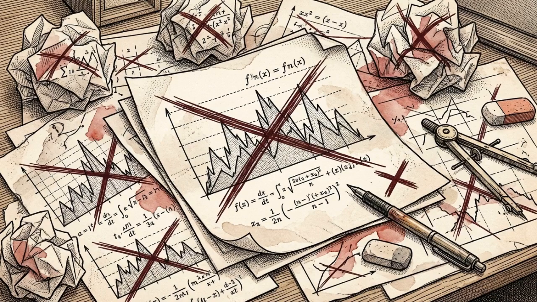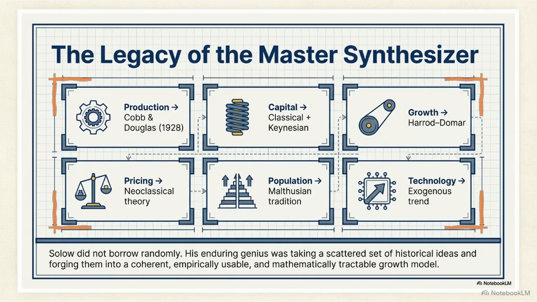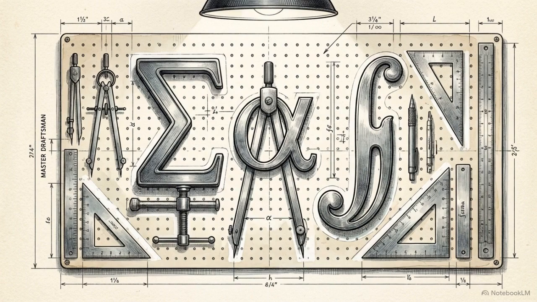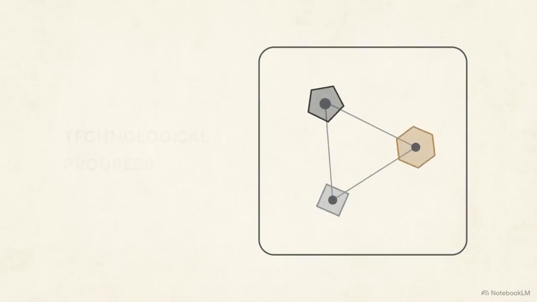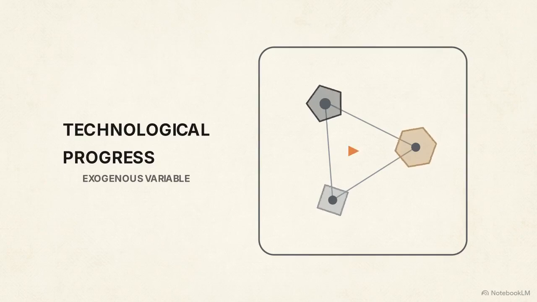This diagram represents the fully assembled intellectual framework that Robert Solow built. His curation was exact. He forged a scattered set of historical theories into a coherent, empirically usable tool. By explicitly leaving the technological motor unexplained as an exogenous variable,